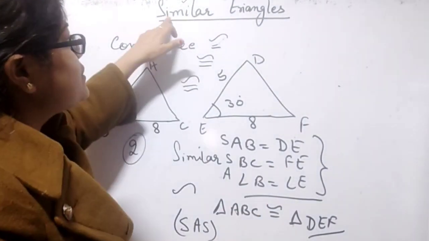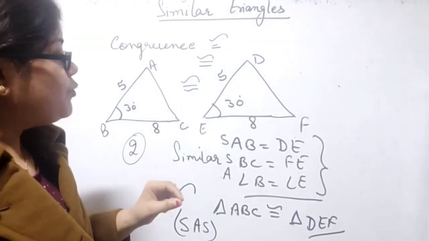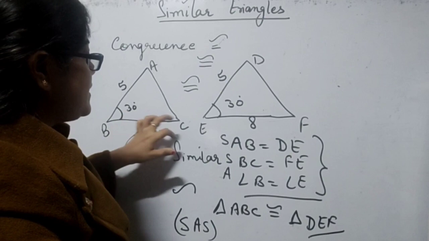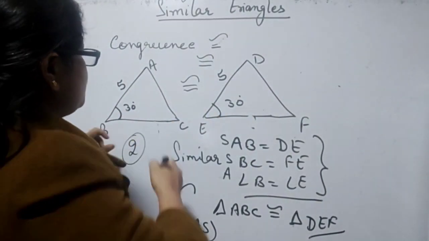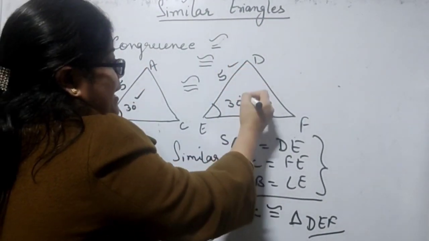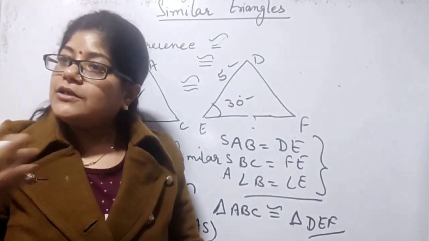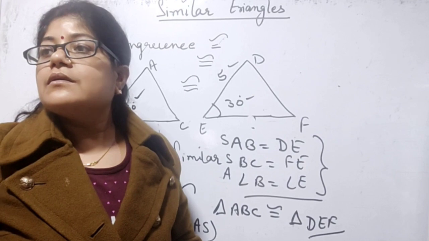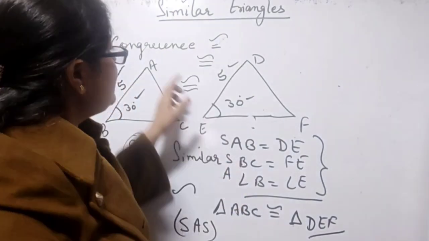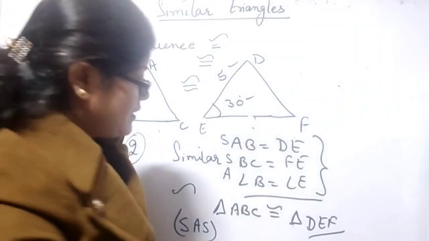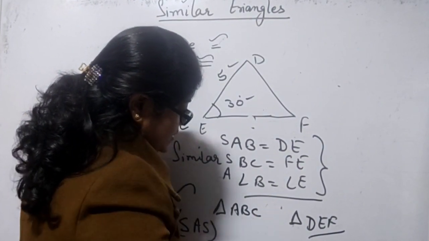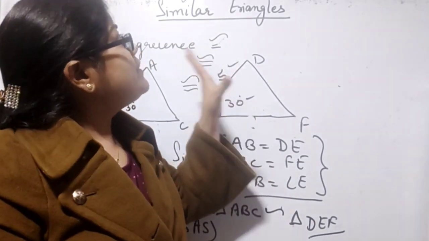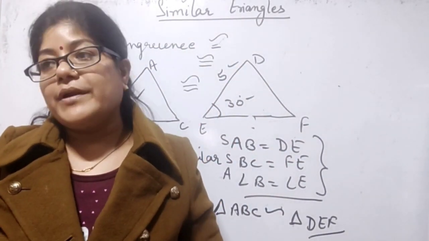Now when there is a case of similar triangles, we have to prove only two things. It is not necessary that it is given that this is 8 and this is 8. But if we have two things the same, either one side and one angle, or two sides, if we somehow get two things which are equal to each other, then the triangles are similar to each other. Then we write over here, triangle ABC is similar to triangle DEF. Now this is the difference between similar triangles and congruent triangles.